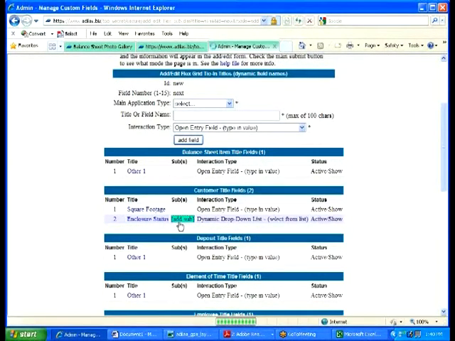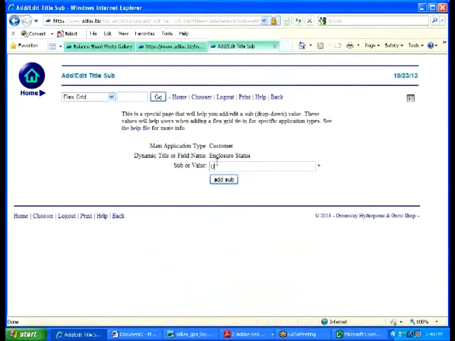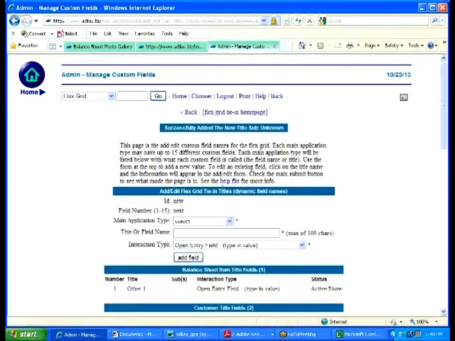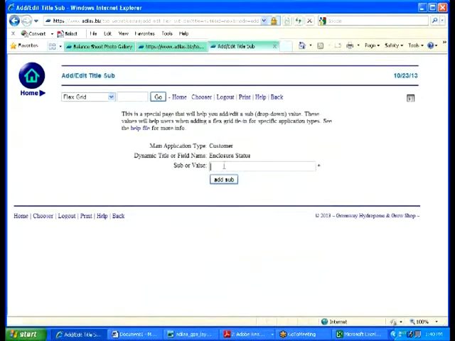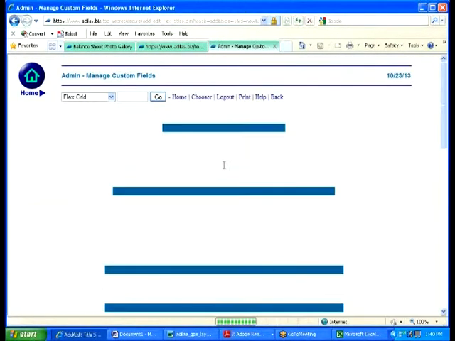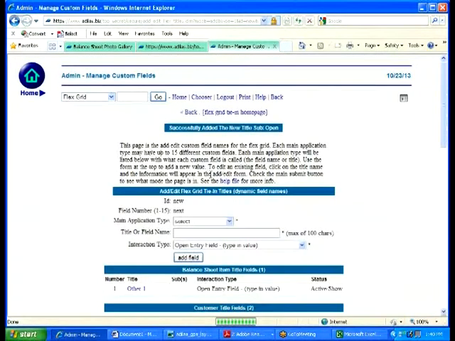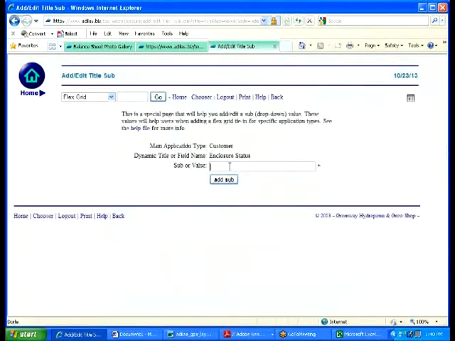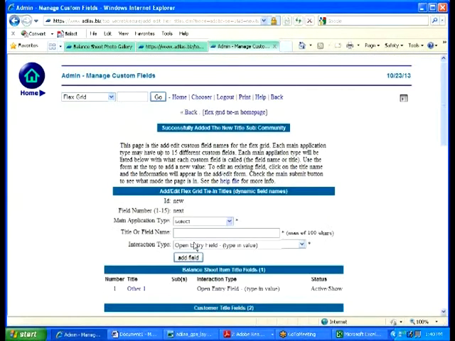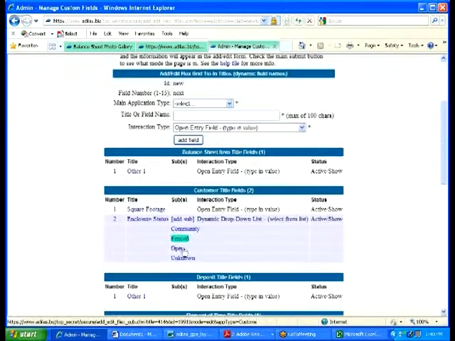So let's go like this. Unknown. Okay, let's go back down here. Let's add a new one, and we're going to say fenced. What's another possible value that might be open? Community. Who knows? I'm just guessing right here. Okay, so what happens is you can see that basically I'm prepping the system again,